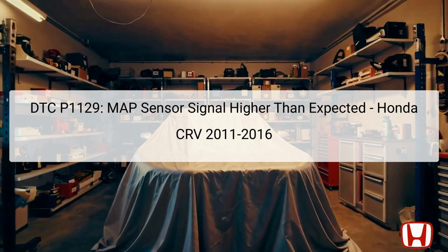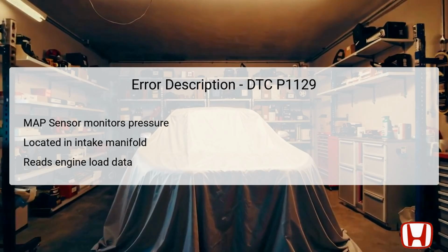The Honda CRV, particularly models from 2011 to 2016, utilizes advanced onboard diagnostics to assist in the repair process. The MAP sensor is a crucial component located in the intake manifold of the Honda CRV. It primarily measures the pressure within the manifold, which helps determine engine load. This sensor sends critical data to the PCM for optimal fuel injection control and ignition timing. If the MAP sensor fails or provides erroneous readings, it can cause performance issues and trigger the DTC P1129. Symptoms of a faulty sensor often result from incorrect data being relayed, directly impacting engine efficiency and drivability. Understanding the function of the MAP sensor and its location allows technicians to diagnose issues effectively, ensuring the vehicle operates